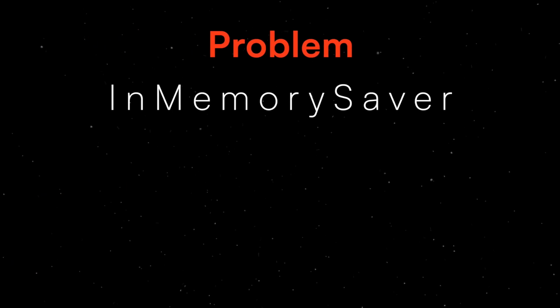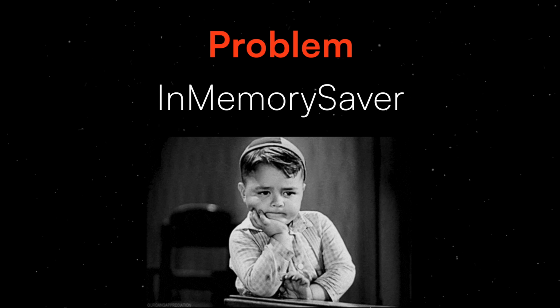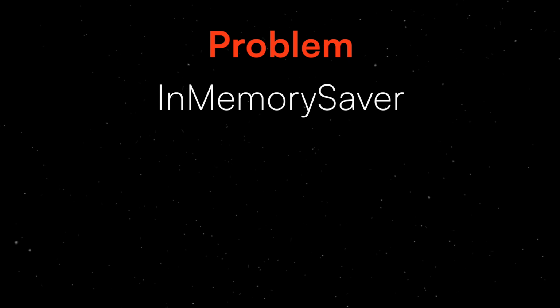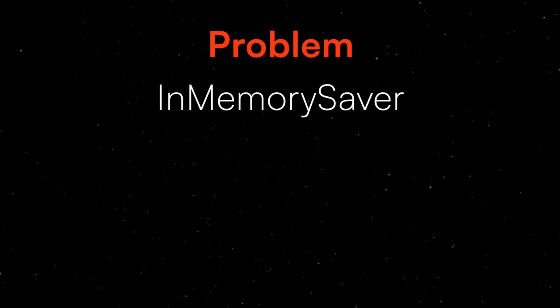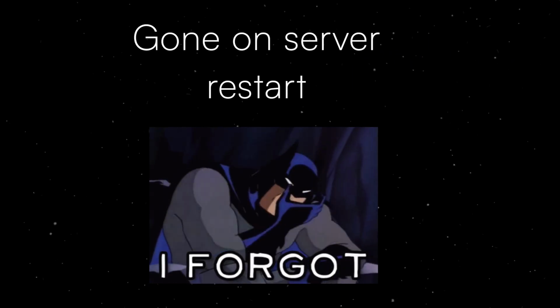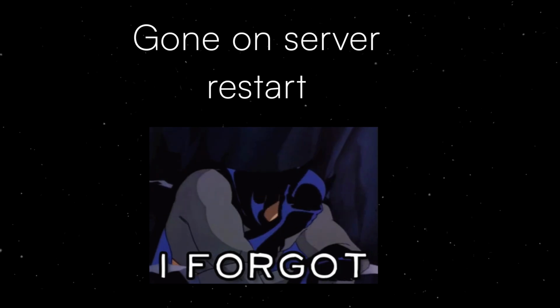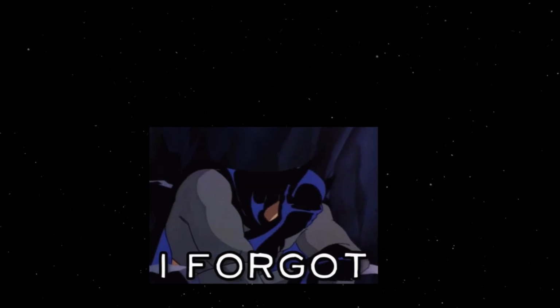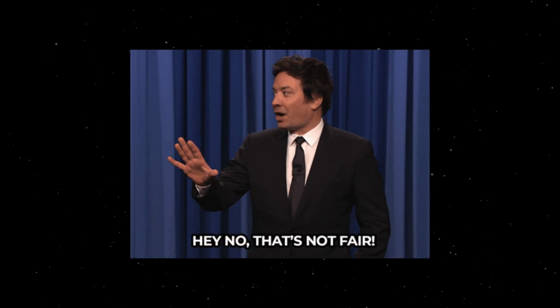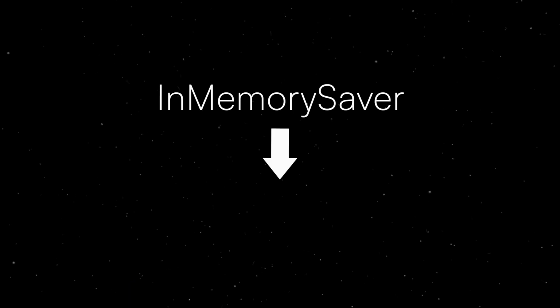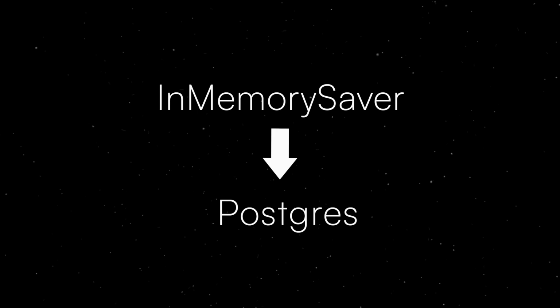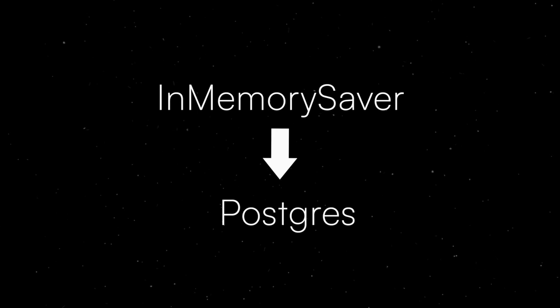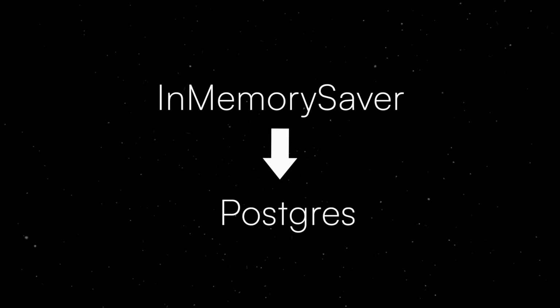Now there is one thing that's bothering me about our setup. We are still using InMemorySaver as our checkpointer. It's great for quick prototyping, but the moment your server restarts, everything is gone. All the conversation history, all the checkpoints wiped. That's obviously not acceptable for production systems. So today we are fixing that. We are swapping InMemorySaver out for a Postgres-backed checkpointer, which means our chat history and checkpoints will actually survive server